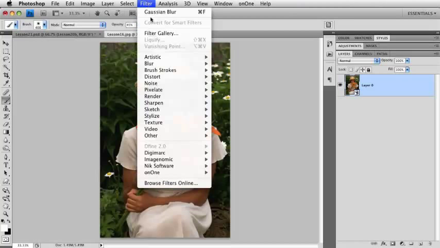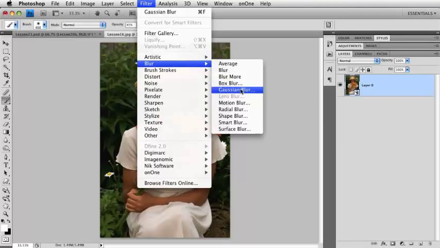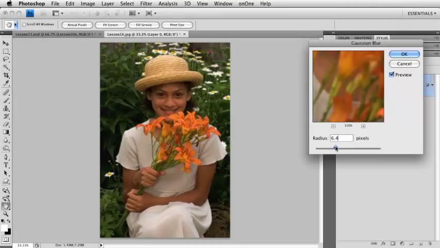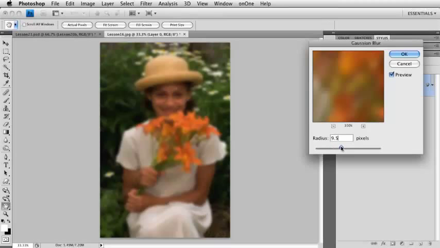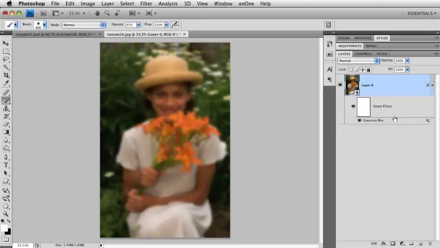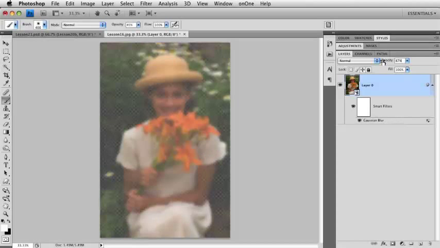So now let's go up to the filter menu, go down to blur. I'm going to choose Gaussian blur, and I'm going to crank up the radius here up to about 10 pixels or so. All right, hit OK. And then another option with the smart filters is that they have opacity. Now I can drop the opacity of just the blur, not the opacity of the layer, because that's going to